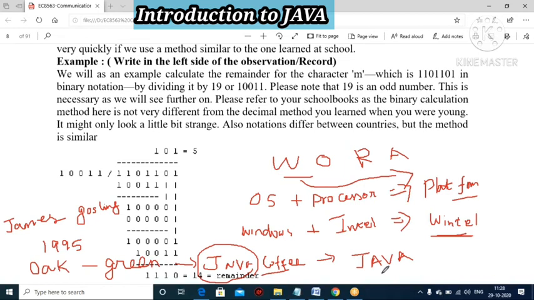So please, students, from today onwards start preparing to learn these kinds of languages. Be well strong in either C or C++, Java and Python, right? Okay. So how to get started with Java? First you are going to download some tools. That is the Java JDK. Okay, Java JDK.